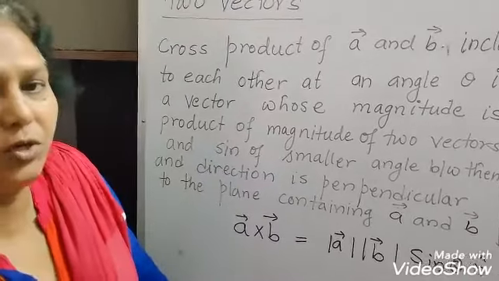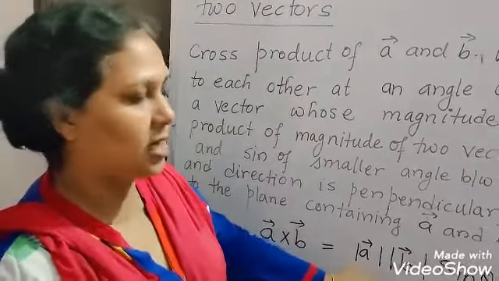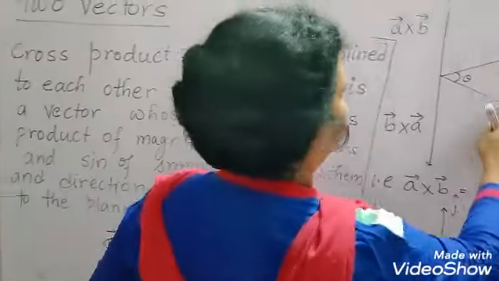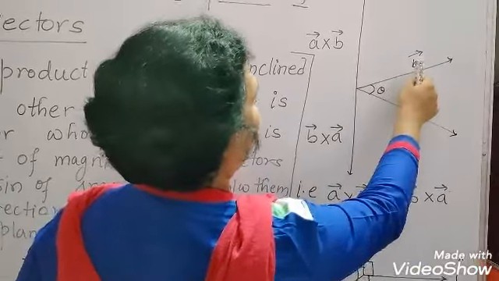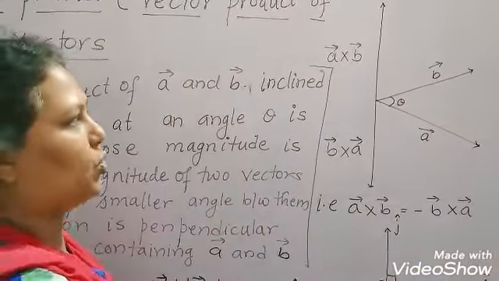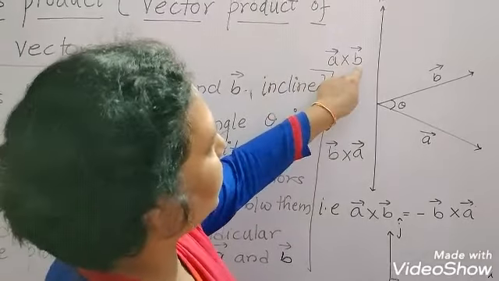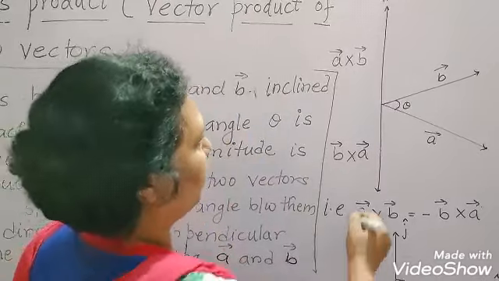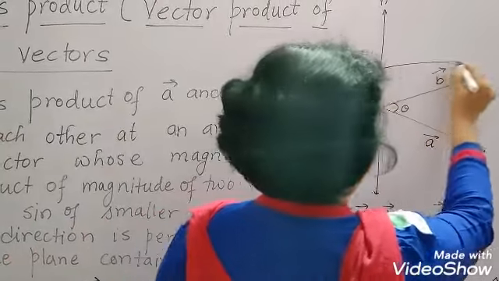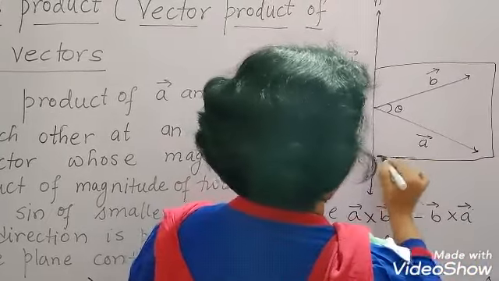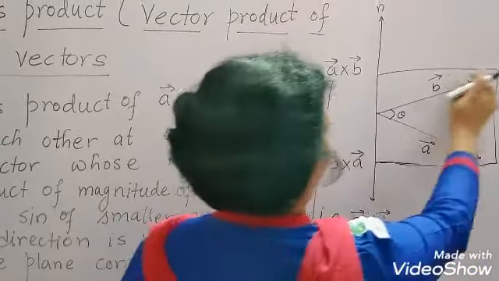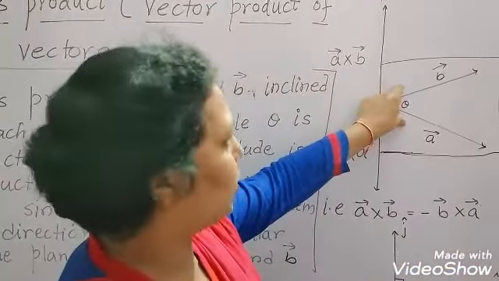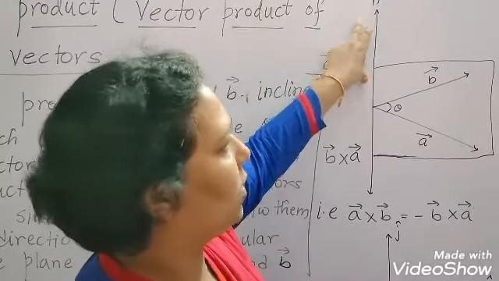N cap is the unit vector in the direction where this resultant is obtained. For example, you can see here the two vectors we have taken, A and B. The angle theta is between these two vectors. So if we take A cross B, we will get the perpendicular. If you consider this as a plane where the vectors lie, we are getting the resultant of the cross product of these two vectors in the direction perpendicular to this plane.